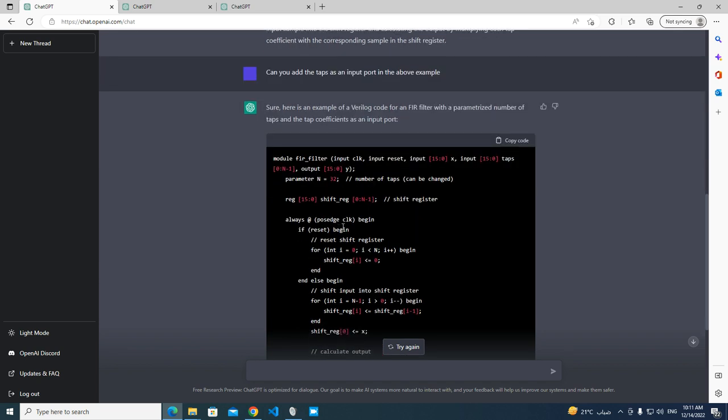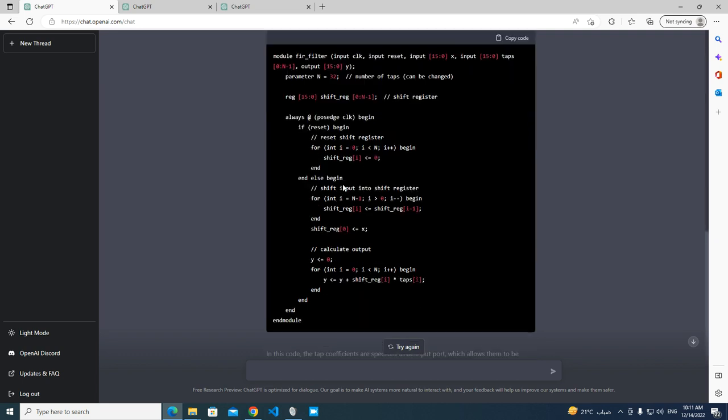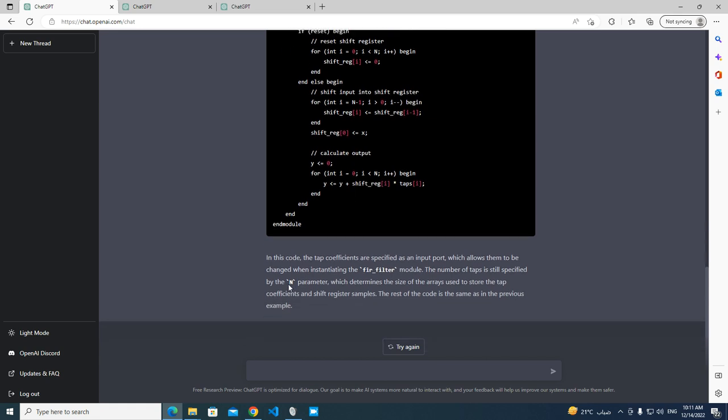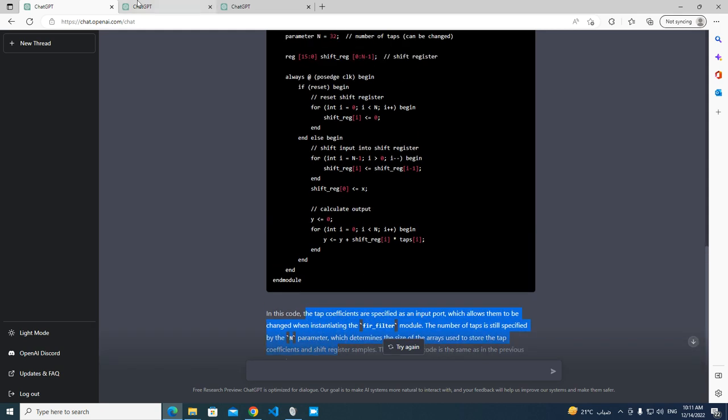So I think this won't compile. You still need some experience, and that's why I believe it can't completely replace the designers, but it can be a really, really good starting point for a design. You can give it an initial starting point, and you can build from it to save some time and effort and to give you new ideas on how to design the block. And it actually gave me a really good description of what it's doing and how to use this block.